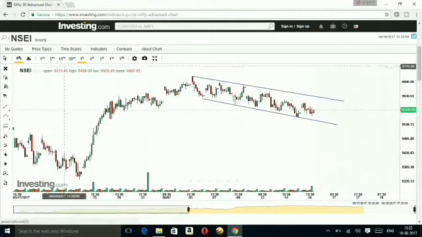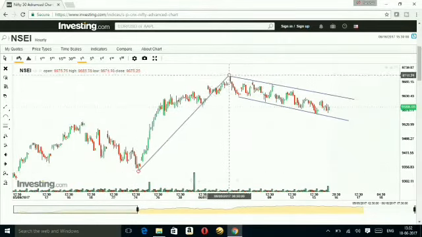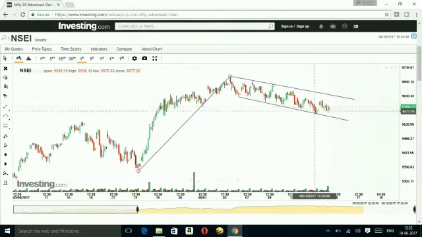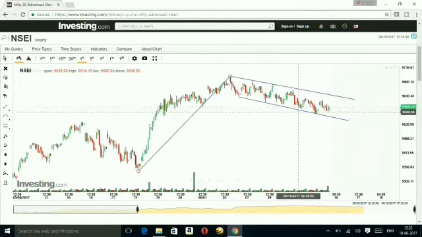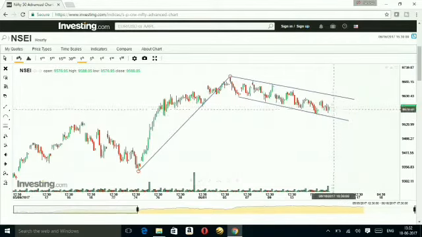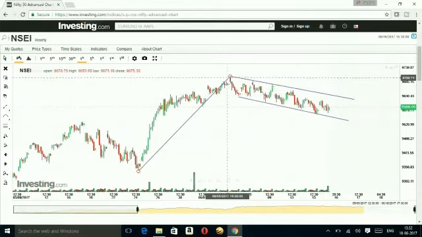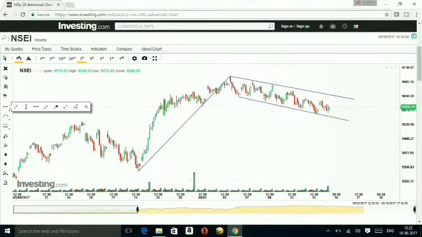You can consider this as your pole from here to here, and this is the flag on which Nifty is moving. So let's say in case Nifty falls back over here, it can retrace back and try to break this high, and then the target which we can expect from here is, I'll join this